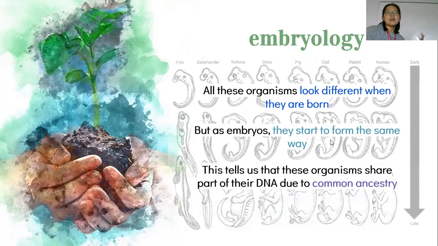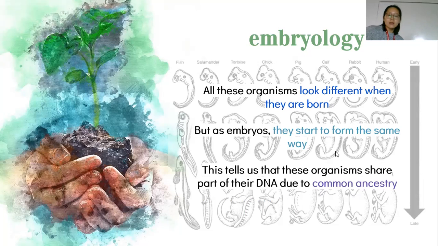But this tells us that their DNA for their developmental phases early on in life is all really similar in their embryos because it's a successful way to develop. If you develop your eyes, your brain, your spine first, you're probably going to have a successful offspring that survives and then is able to go and reproduce on its own to make the next generation.